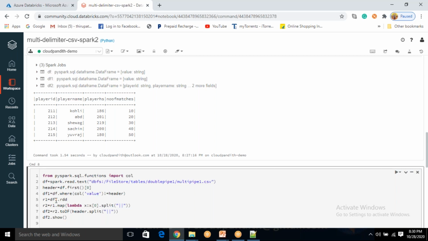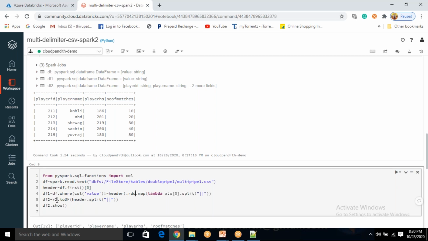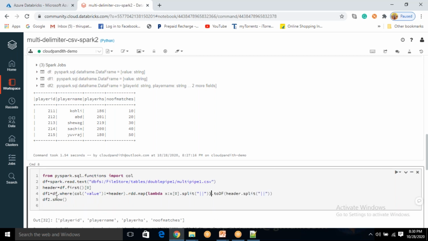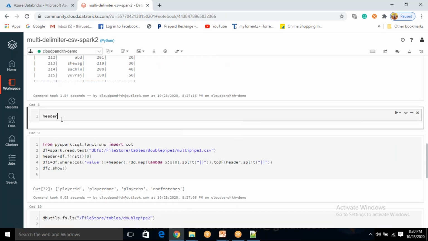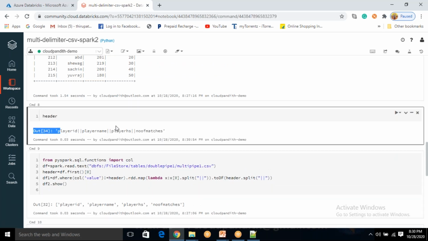Now what you need to do is convert this data frame into an RDD. Then on this RDD you apply your map function, and once you apply the map function, you convert it directly into a df again. Whatever header you have, you can split it again, because you remember how headers come by default, something like this. So if you say header dot split of double pipe, it is going to split all these words and return a list of columns, because as I said, whenever you split a string value, it returns a list of values.